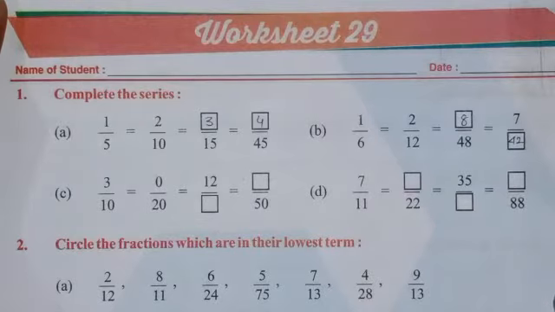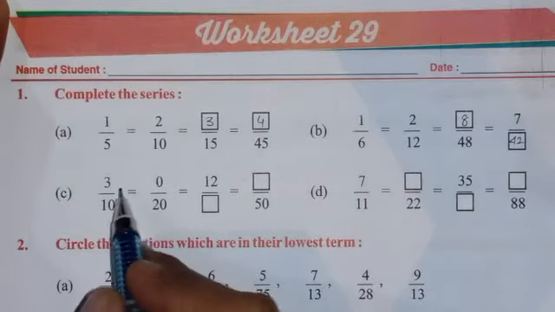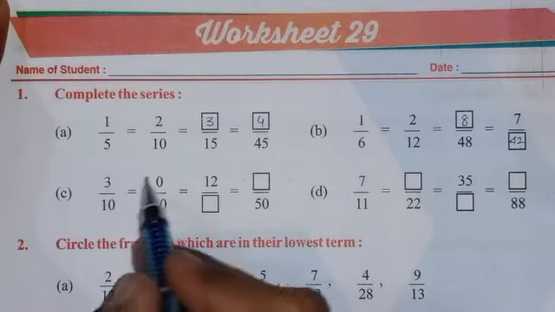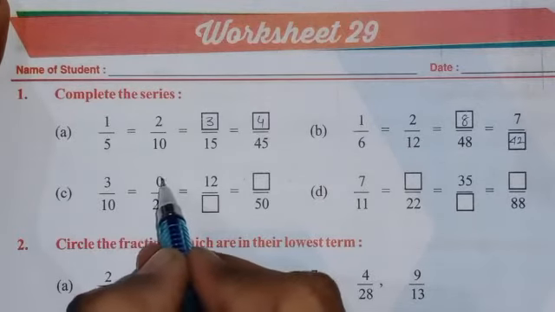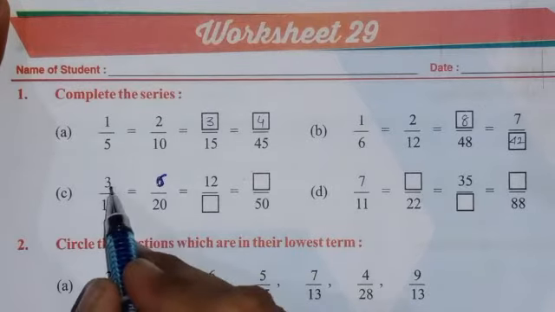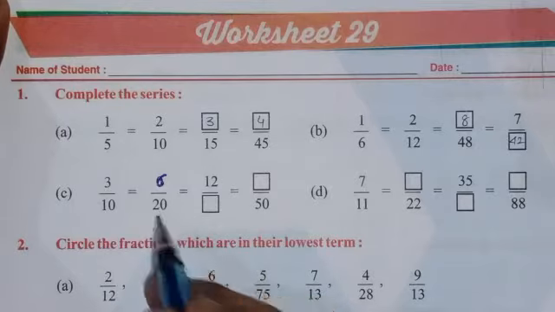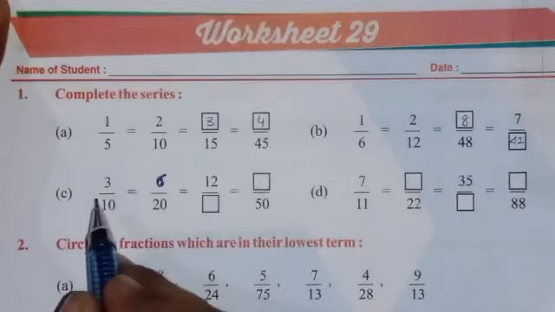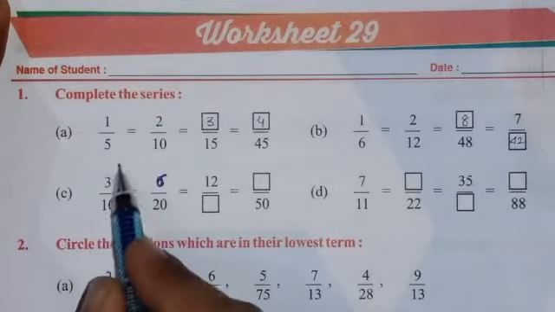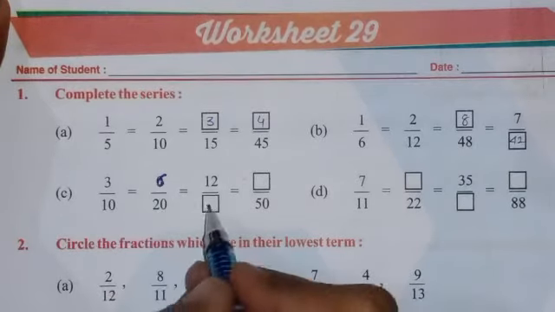Okay students, in this question you can see here is given 3. There is some misprint, there will actually be 6. So make it correct. So 3 2s are 6. Here 10 and 10 2s are 20. Now compare this fraction with the first fraction. In the table of 3, 12 comes 4 times. 3 4s are 12. So 10 4s are 40.